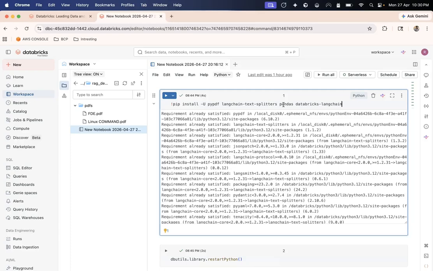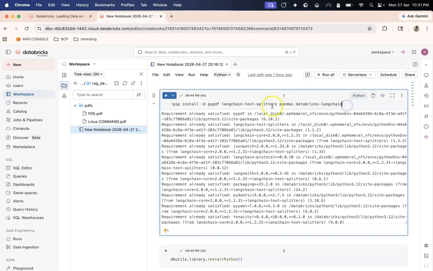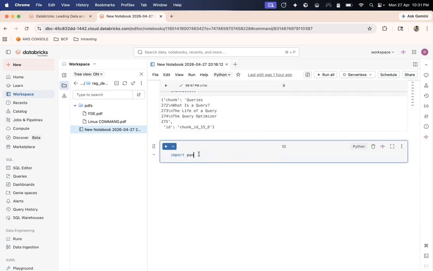Let's run this cell and wait for some time for it to complete. After pandas is installed, I can do import pandas as pd, and then I can write this as a data frame.